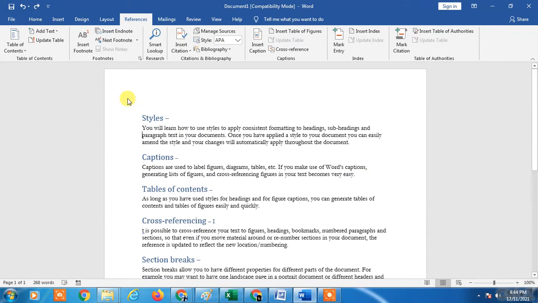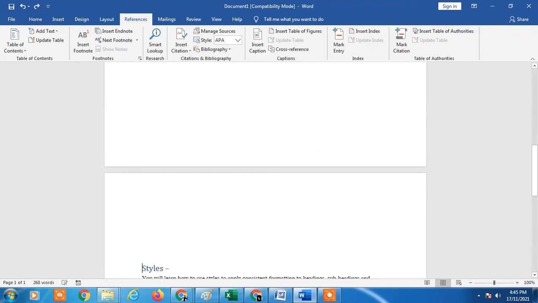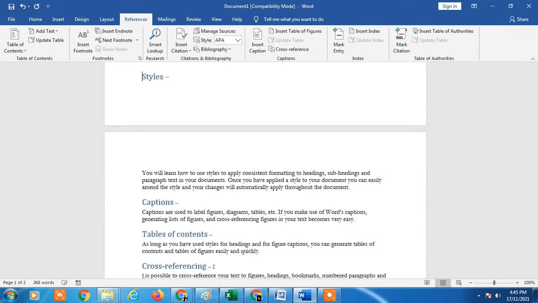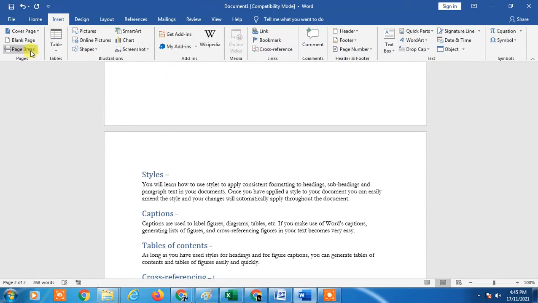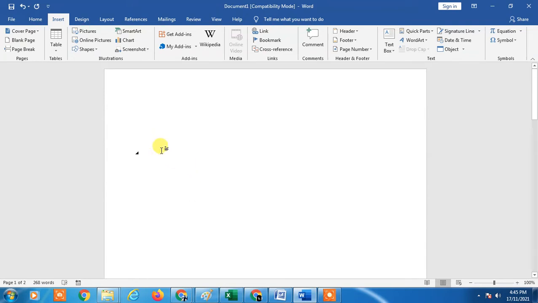Let me undo it, because I want my table of contents on my first page. I just insert a page. You can insert a page from here also. Blank page.